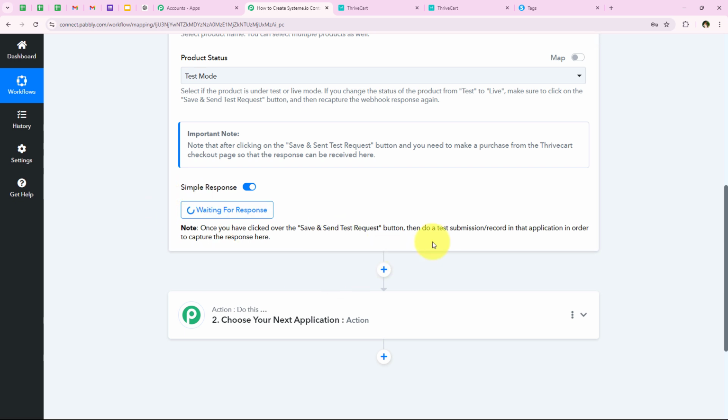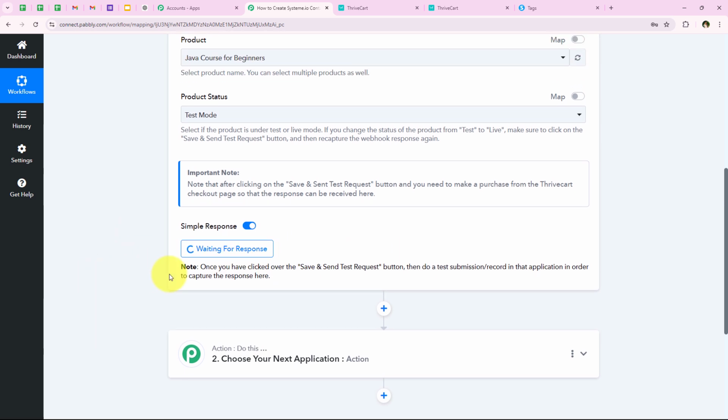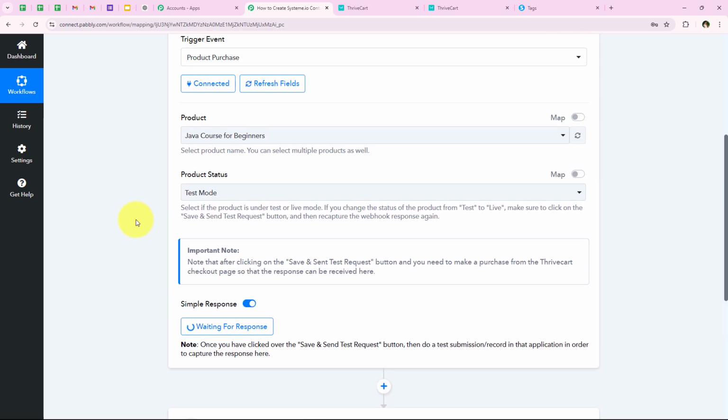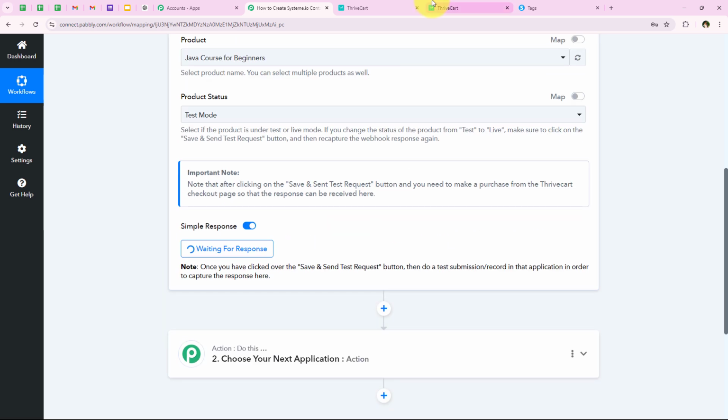And in the notes it is saying do a test submission / record. So we have to do a test submission or record in order to capture this response and trigger the workflow. So what we have to do is we have to do a test submission for this. And in order to do this test submission, we are going to purchase this product, which is Java course for beginners, as demo user. So what I'm going to do is I'm going to open my ThriveCart account,